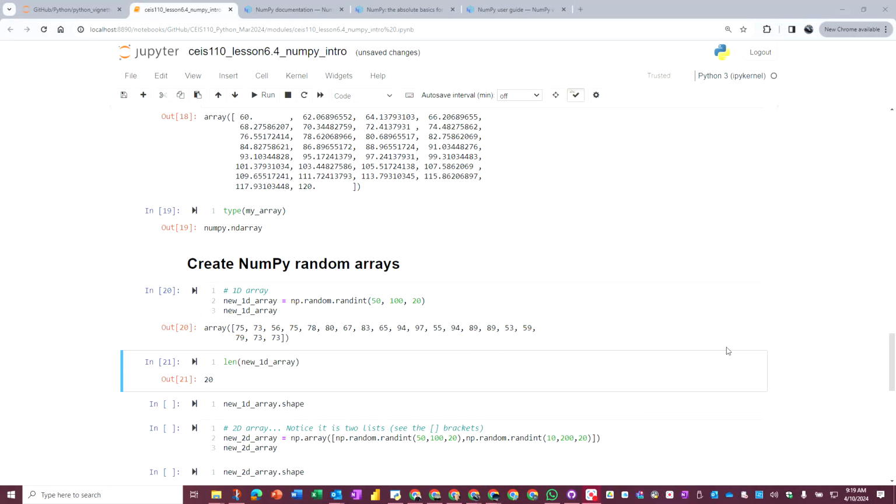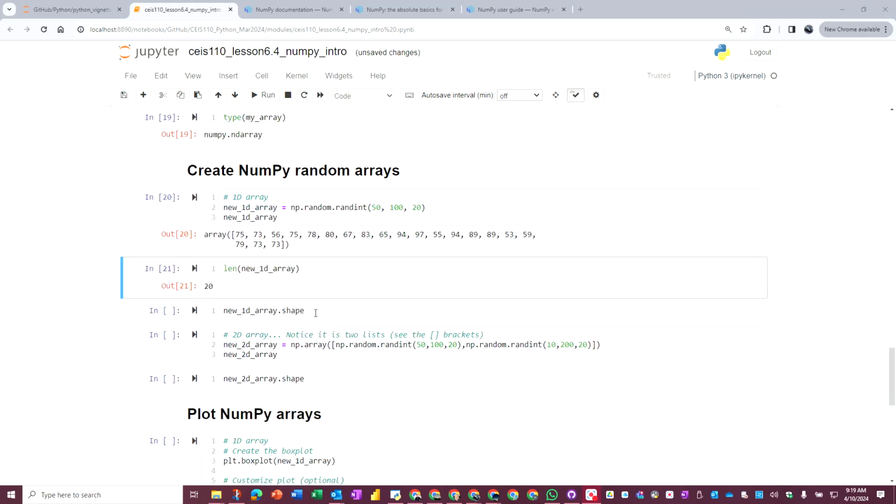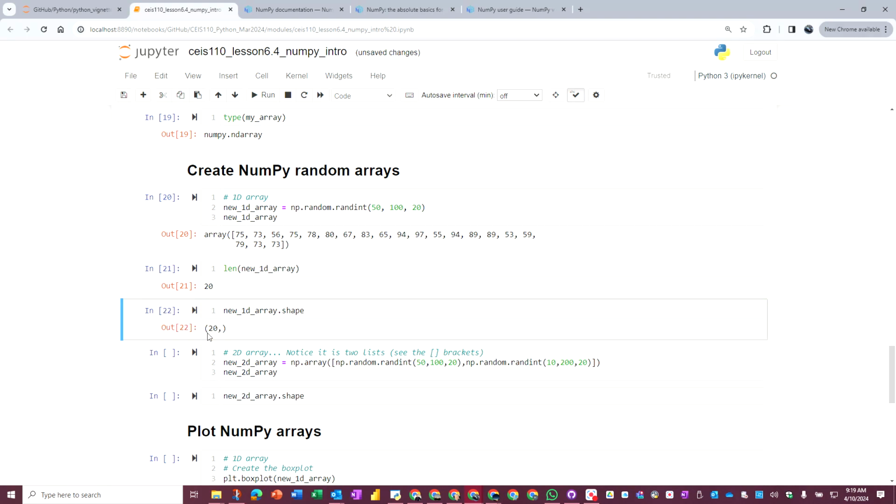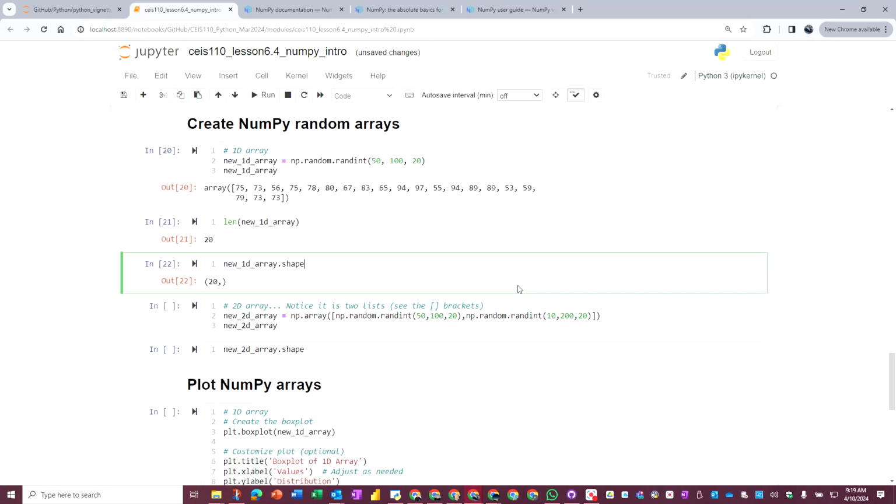All right. The other thing I can do with my array is I can ask for the shape. And the shape is basically the dimensions. So I can see there are 20. Just like I did for length, I can see the shape is 20. I do this because in my next example that I'm going to start right now, I'm going to do a